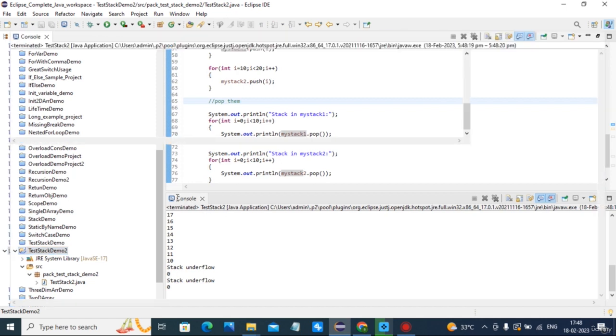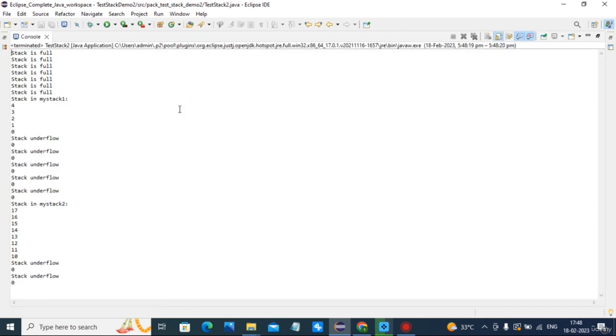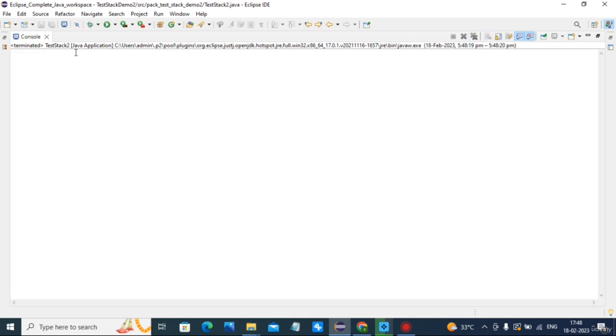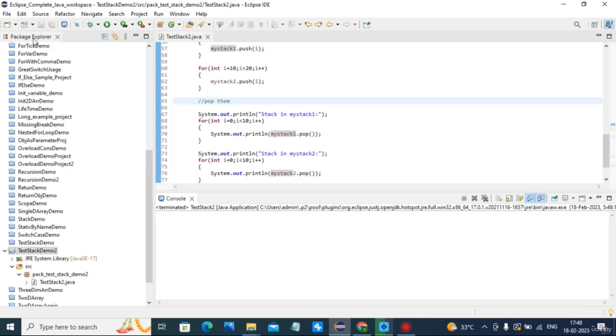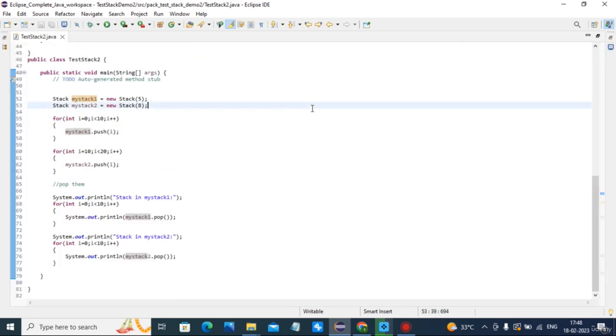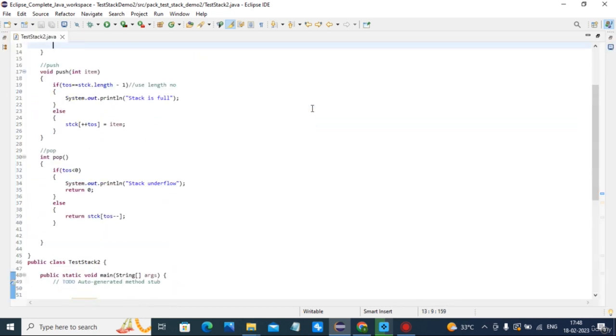First of all, it is printing stack, top of stack to -1, and here we are using length.